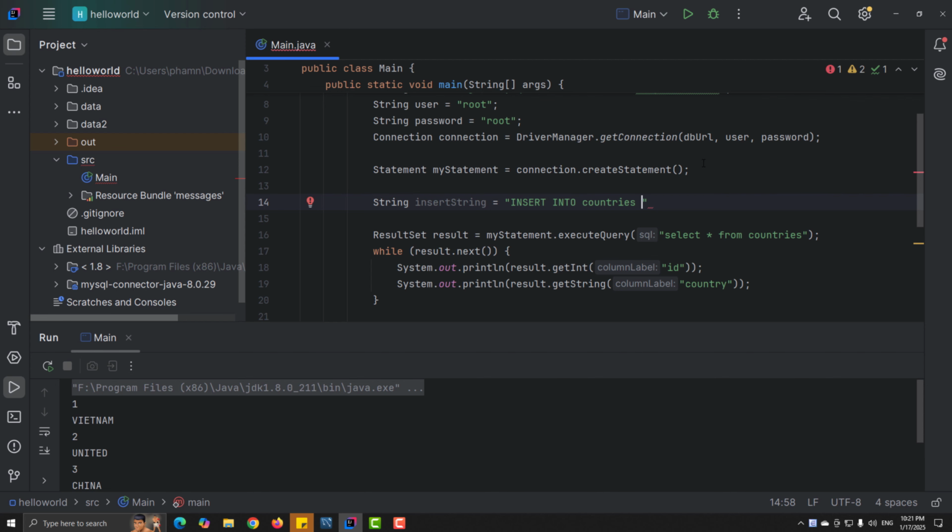We just input the value for the name of the inserted row. So in here we only put the country column, for the country table, for the value